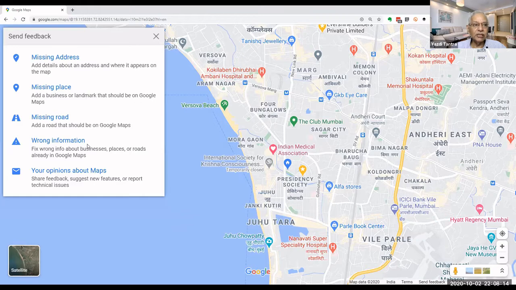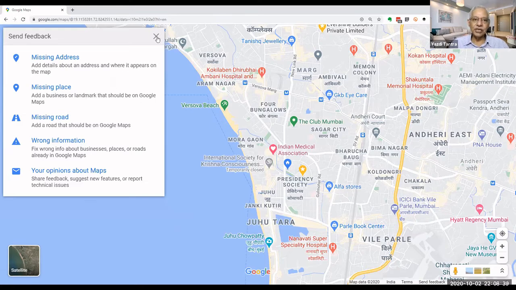It is very, very useful. Whenever you find something missing, you will put the missing address. If you find some wrong information, obviously Google is not going to change things immediately. But if 10 people say that this is a missing address, then automatically Google will correct the address. Or if 20 people say this place is missing and it should be there on maps, it will immediately change the maps.